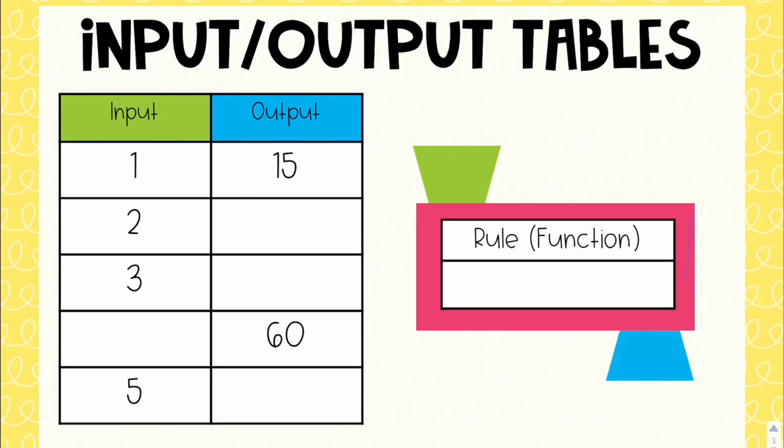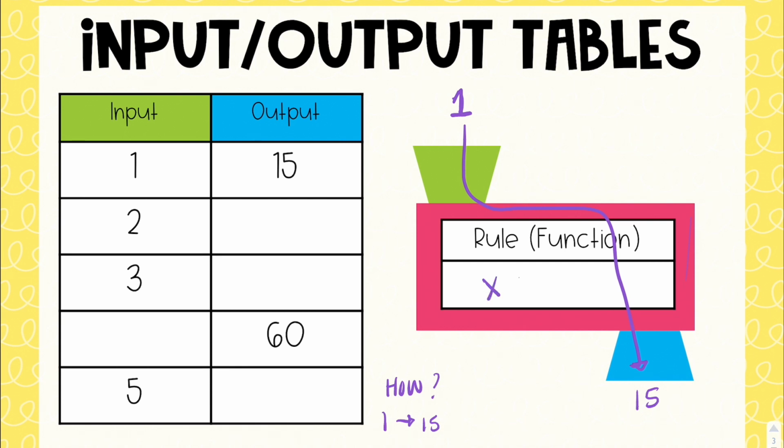Alright, if you've unpaused this video, that's because you've typed in some answers to your input-output table. So I'm going to start by putting a 1 into this machine, and I'm going to get out a 15. Now I need to figure out how I turn that 1 into a 15. How do I do it? I could multiply 1 times 15,